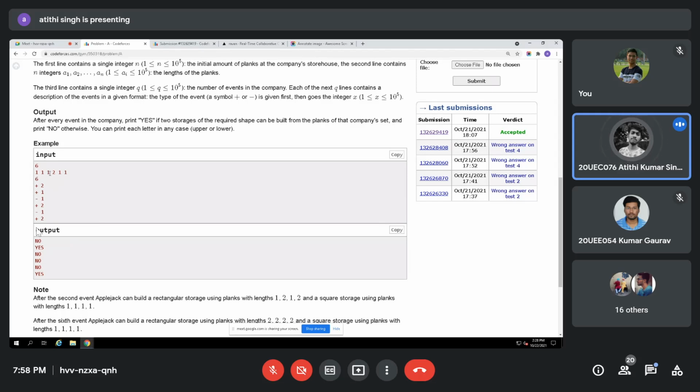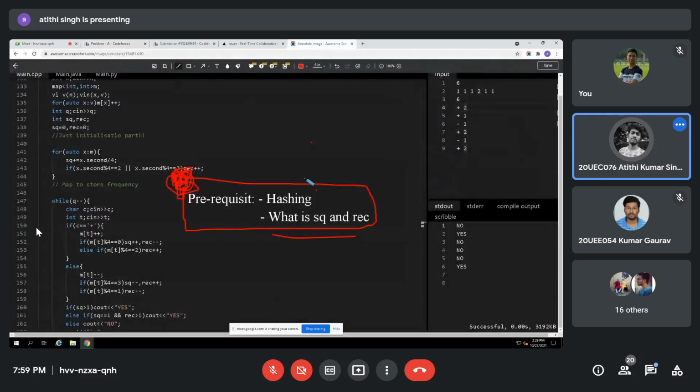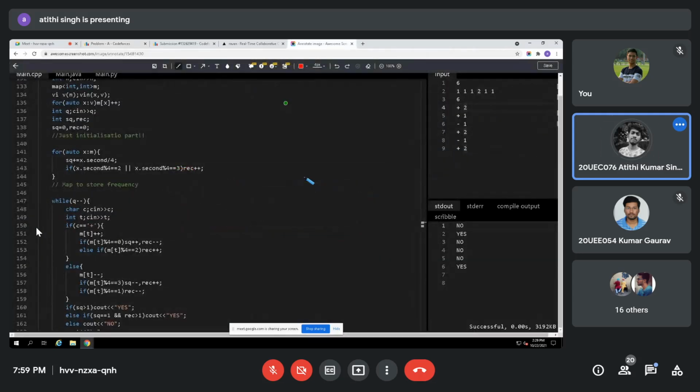Am I making any sense to you right now? So initially, for example, I have been given a log of length 1. Then I have also a log of length 1. Then I have also a log of length 1. Then I have a log of length 2. Then I have also a log of length 1. Let me see, 1, 2, 3, 4, 5, 6. Initially, I have been given the logs like this.